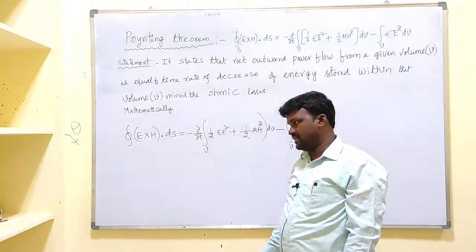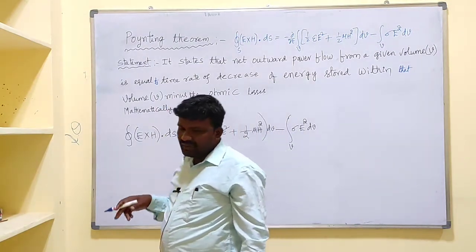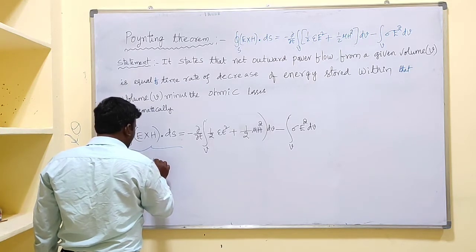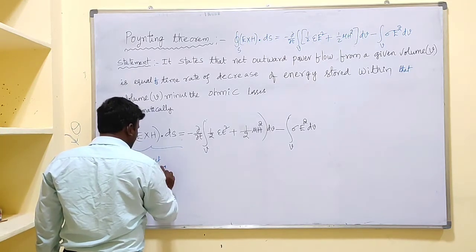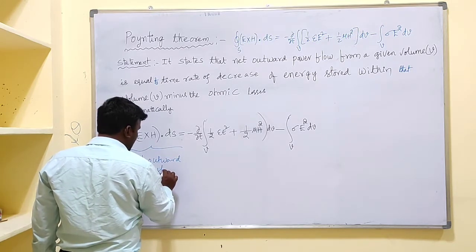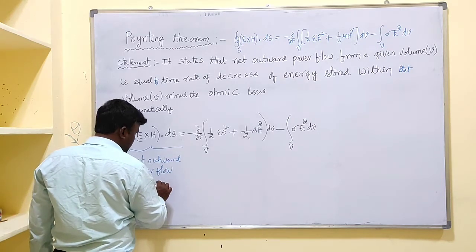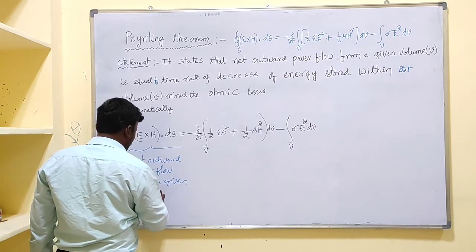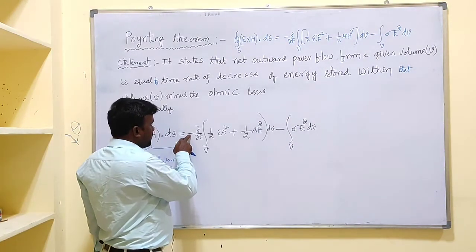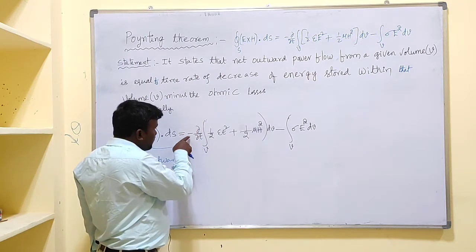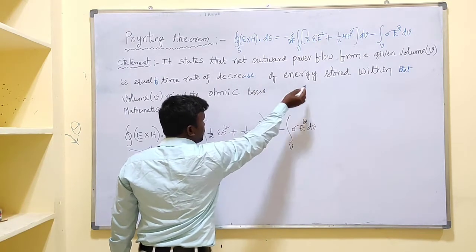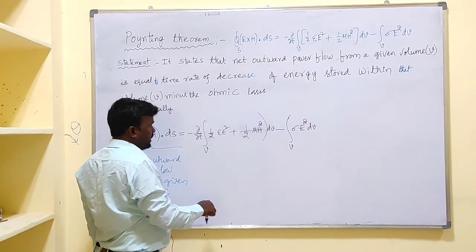minus ohmic losses. Mathematically it can be written like this. This is the net outward power flow from a given volume is equal to time rate of decrease of energy stored within that volume,